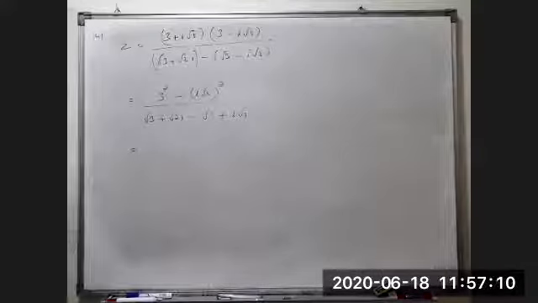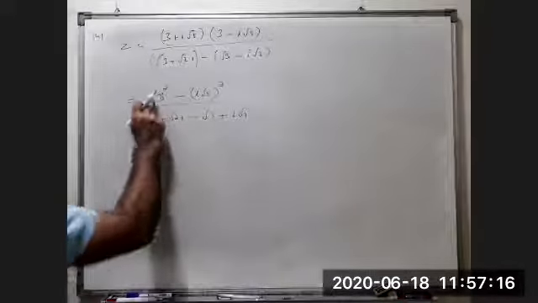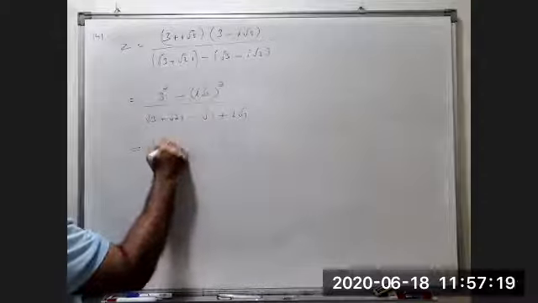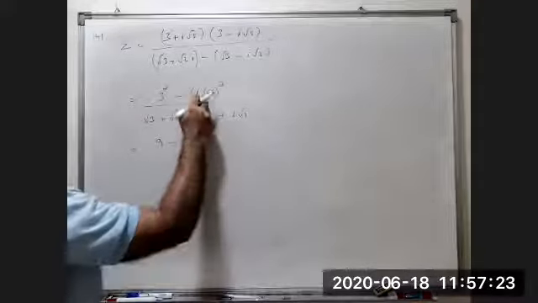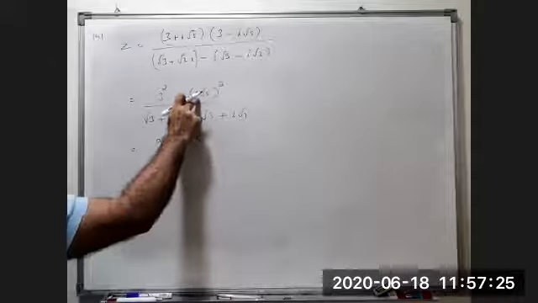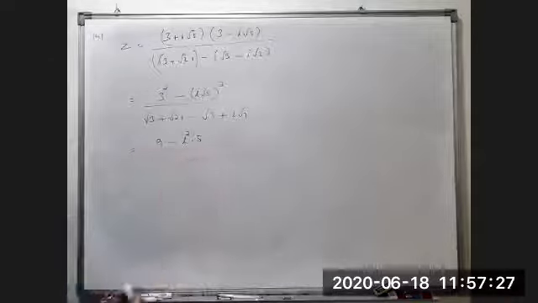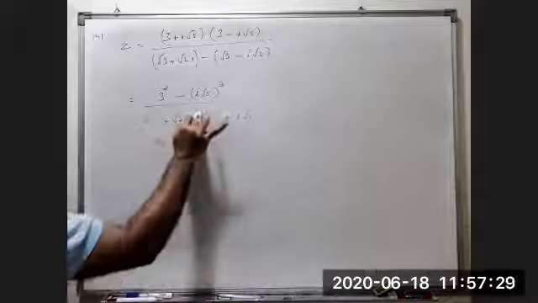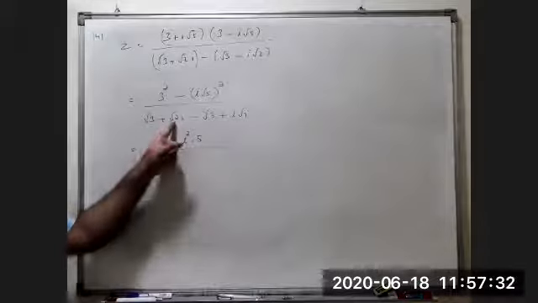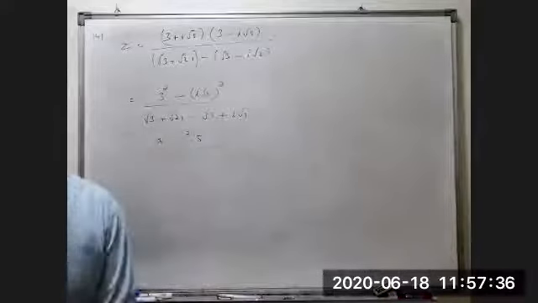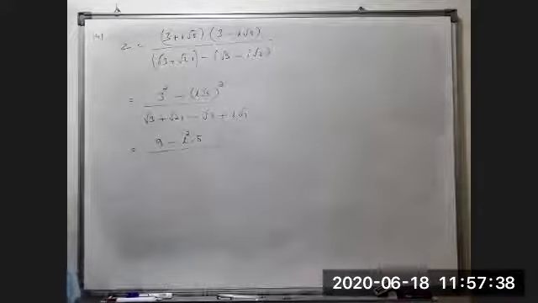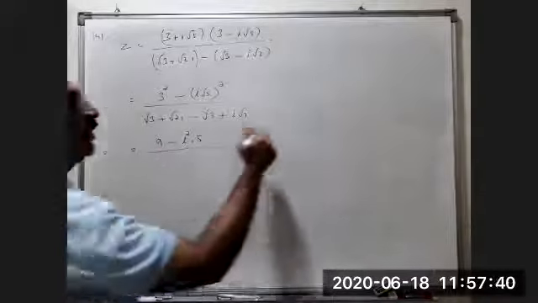Now numerator. Numerator is 3 square, 9 minus i square into 5. Root 5 square is 5. Square of i is i square. By this, root 3 minus root 3 cancels. Root 2i, this is also i root 2, is again root 2i. Root 2i plus root 2i will be,